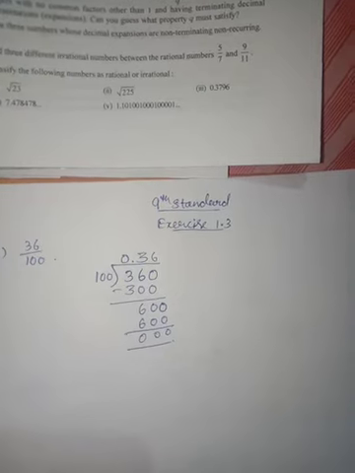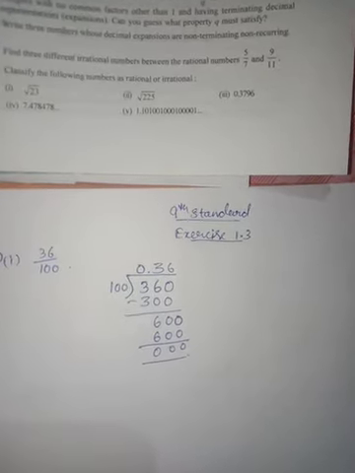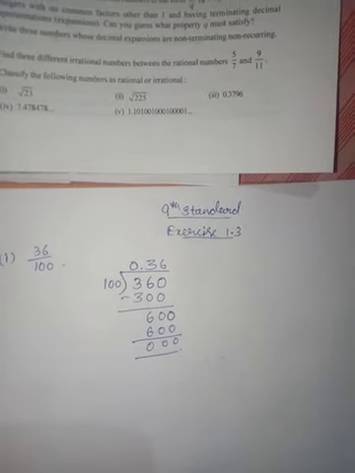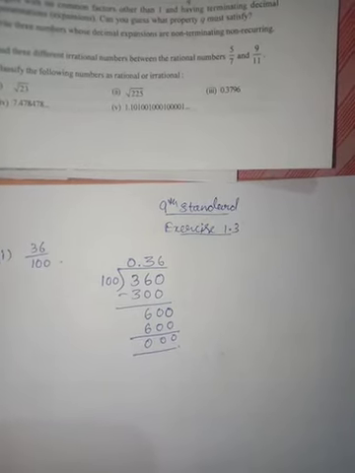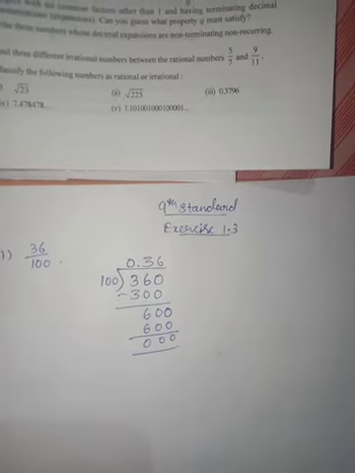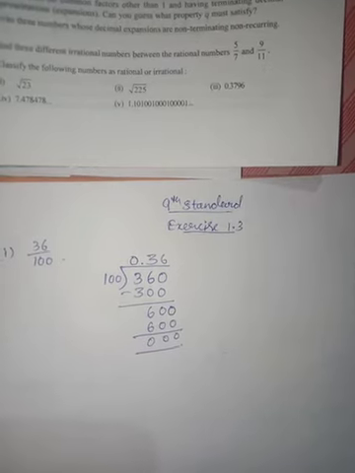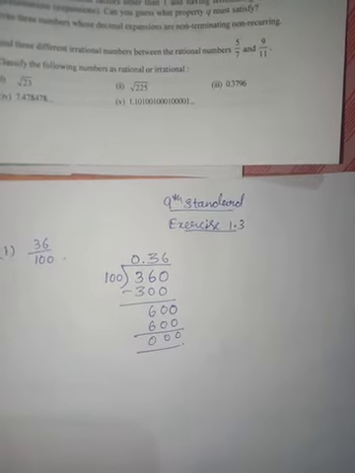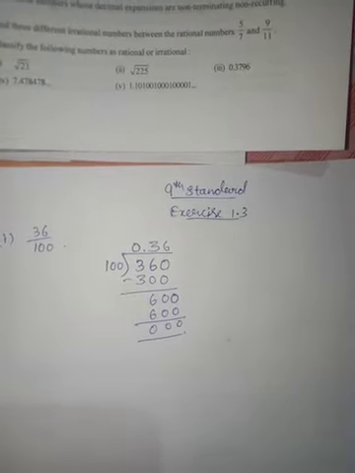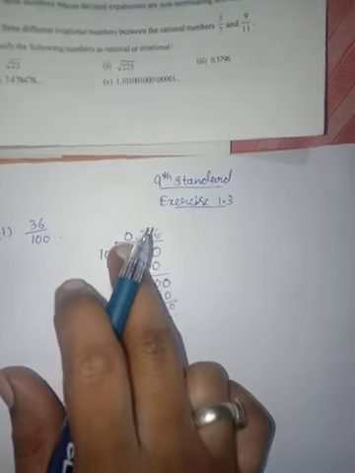That means we have to mention whether it is recurring or non-recurring, terminating or non-terminating. First of all, you have already heard the word terminating. What do you mean by terminating? Terminating means we have a fixed value. Non-terminating means we didn't have any fixed value, and recurring means repeating the same number. Non-recurring means repeating but not getting the same number. That is what the kind of this decimal is.